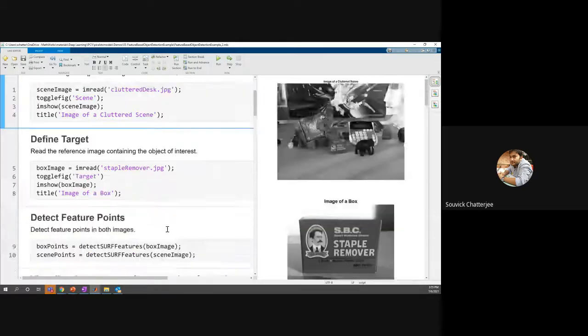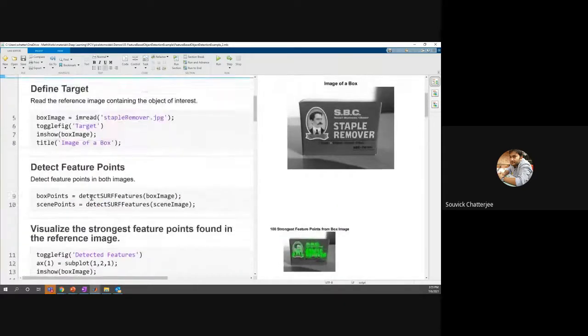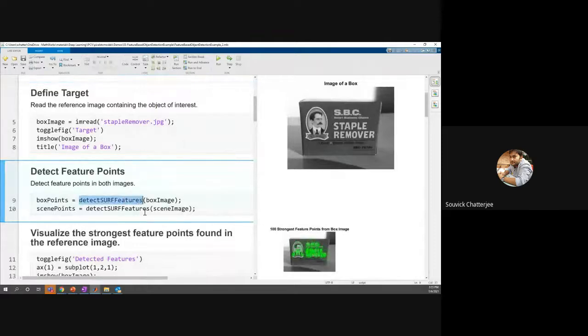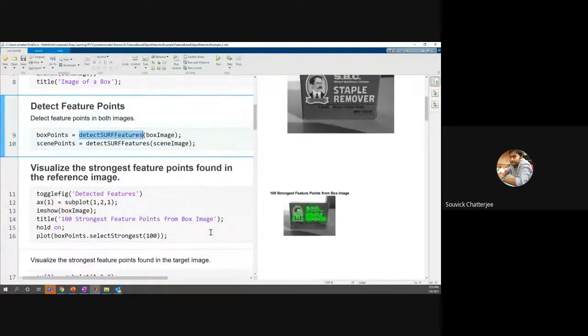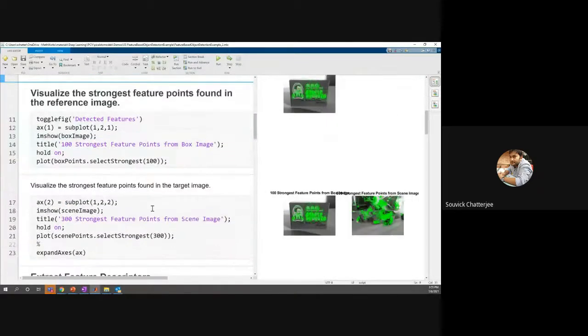So what it does is there are inbuilt commands that we can use, like detect SURF features. That means it will detect surface features automatically from the image. So from this image, it is detecting these features, right? Once it has detected those features, if I take that original image, we want the algorithm to find out where these features exist in our original image, right? So that's something we are doing.